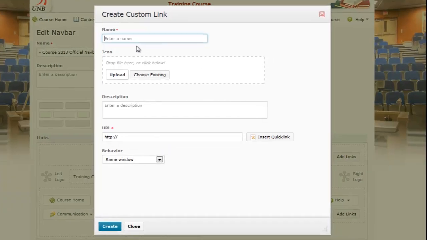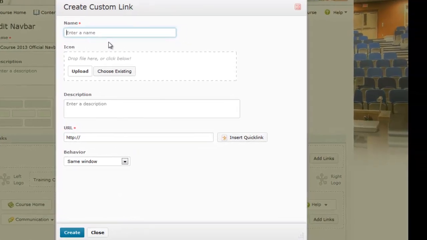If I press create a custom link, it'll let me put in the name. So I'll put just D2L resources. And you can choose an icon if you wanted to. You can put in a description. In the URL, you can put the URL here. Just make sure that you put in the right URL, whether it's HTTP or HTTPS. So for this, I'm just going to put